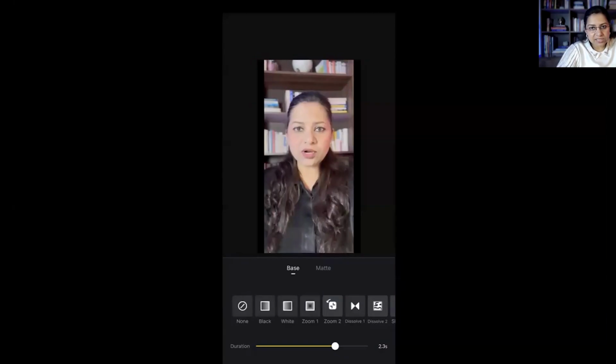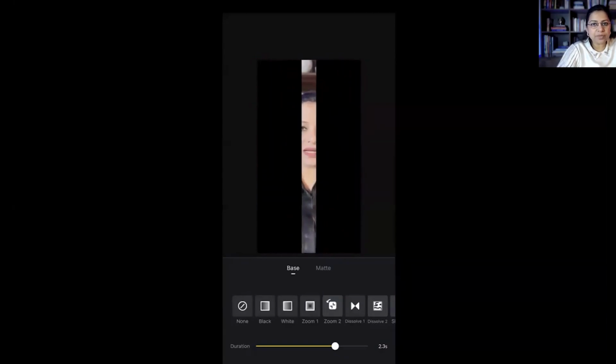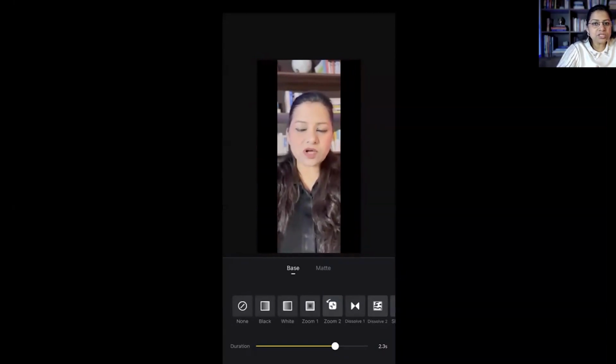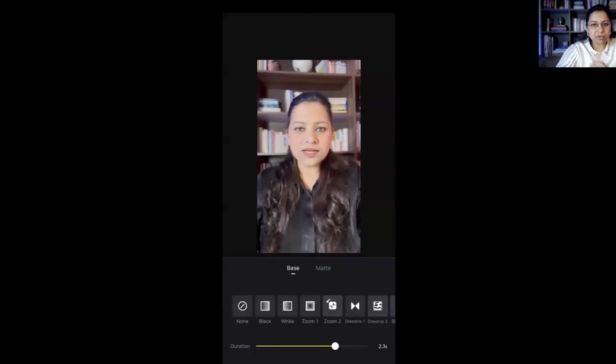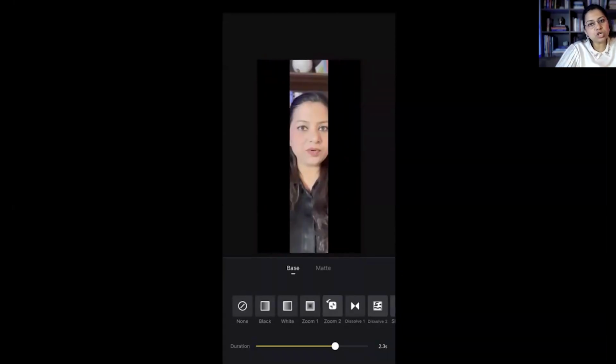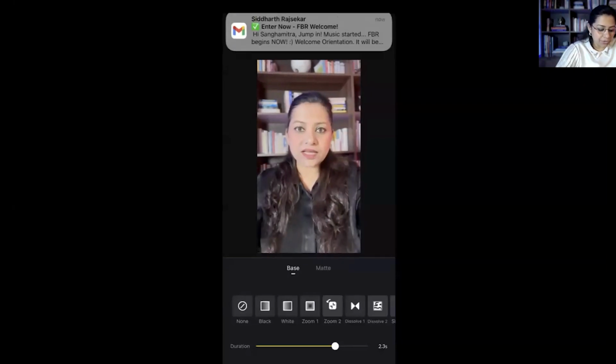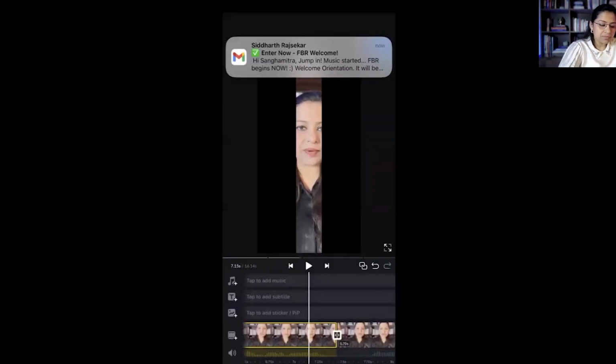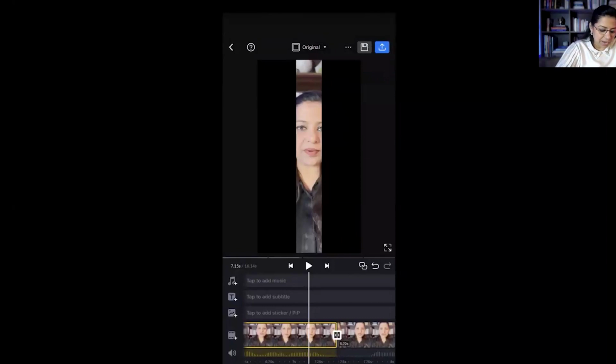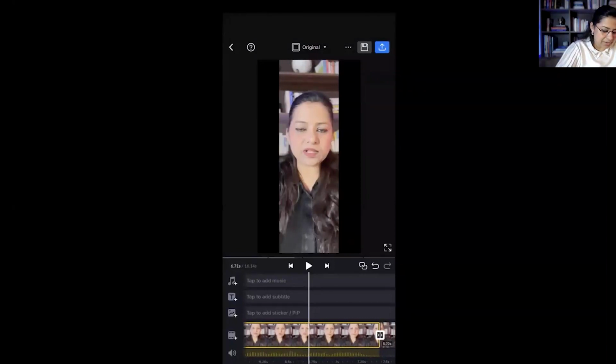But by any chance, you don't want the same transition to be there in all the 3 cuts. You just want this particular plus symbol, this particular video transition, to be something like this. Then don't click on apply to all. You need to click on the tick mark. So that's how you create the video transition. Now I have created a tick mark. Let's see what is happening here.